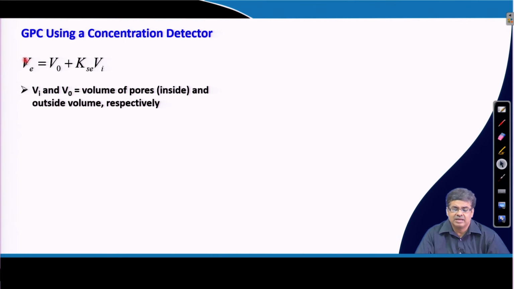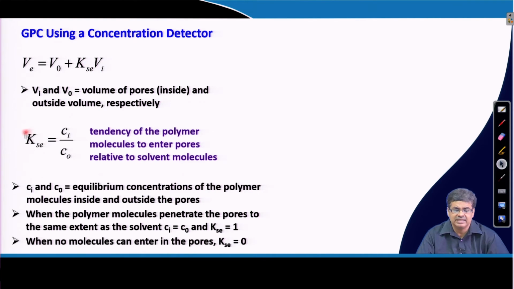We can express the elution volume in terms of V0, which is the volume outside the pores, and Vi, which is the volume of the pores, that means the inside volume of the pores. V0 is the outside volume and Vi is the inside volume, and Ksc is an equilibrium constant, which basically is